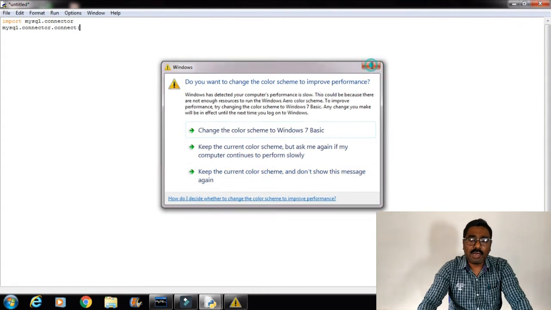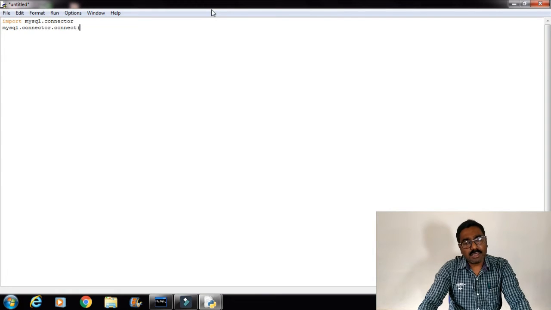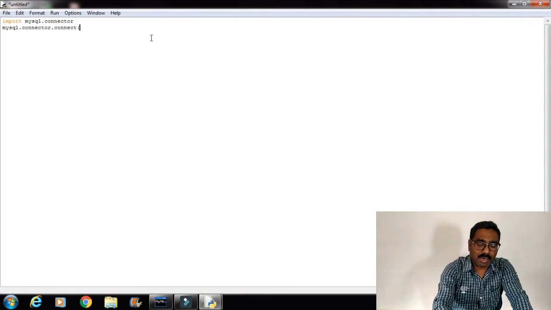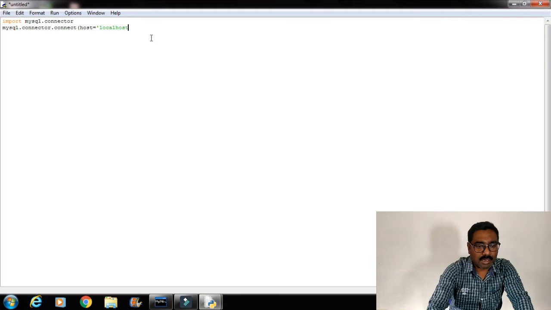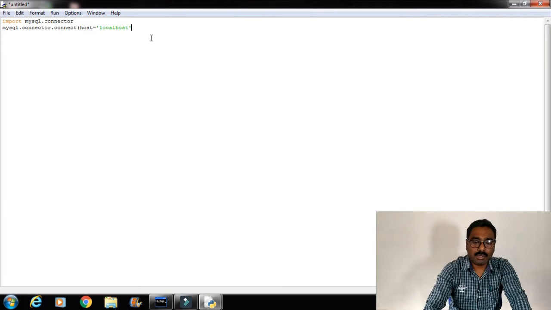But here, in the same computer, MySQL has been installed as the MySQL server, so the host is localhost. So the first parameter is host equal to, within a pair of single quotes, localhost. There should not be any space between local and host. Directly you can write localhost, comma.